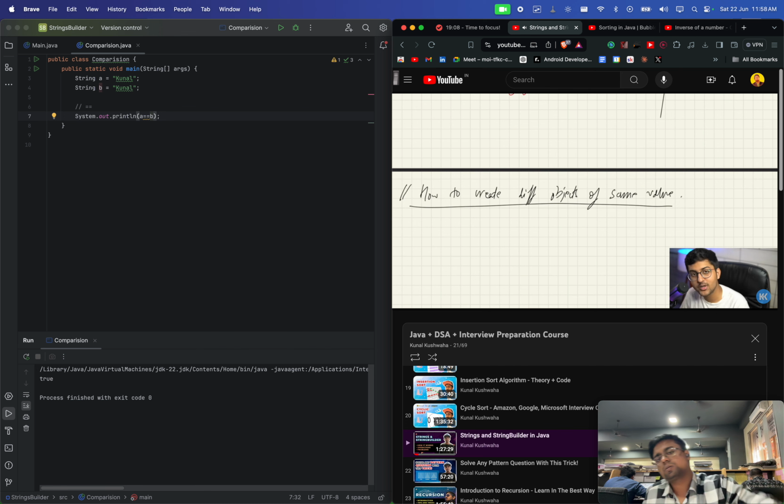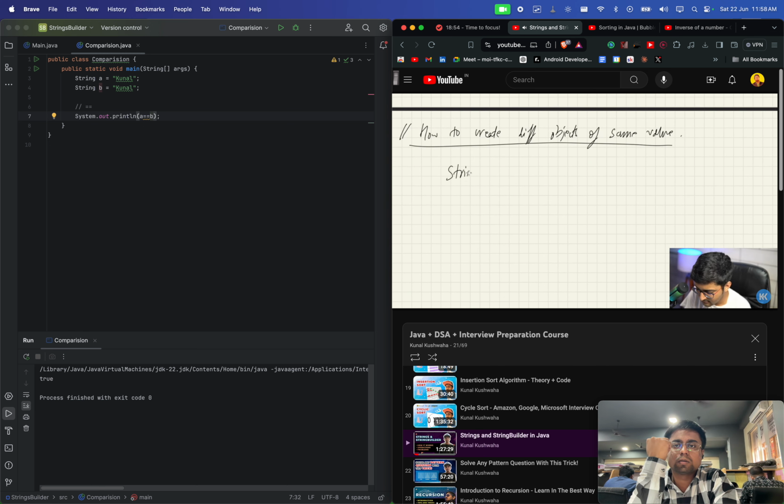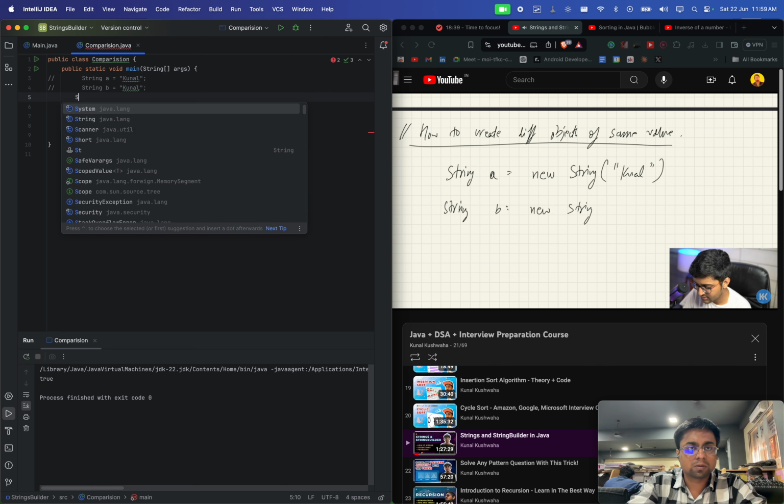And what do we use to create objects? Recap in arrays: what were we using to create new objects? The new keyword, int arr is equal to new int array size. New keyword. So if you say something like string a is equal to new string Kunal, string b is equal to new string Kunal,